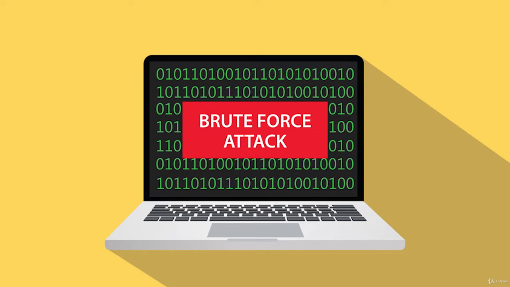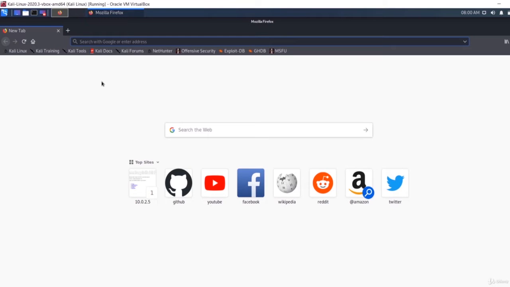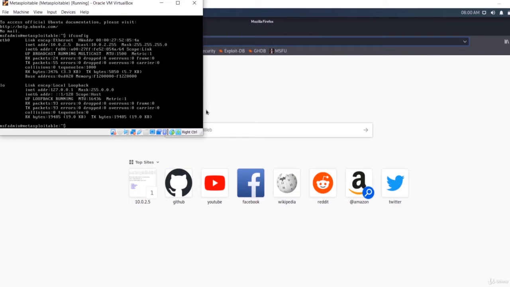For knowing the brute force attack, you need to firstly open your metasploitable machine. You have to log in into your metasploitable machine, and you just need to copy the IP address of your metasploitable machine, which is given in the body of eth0 in the second line, inet address